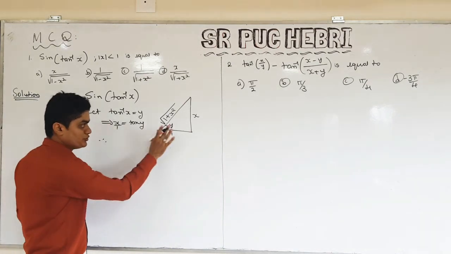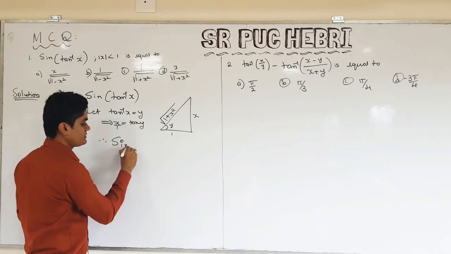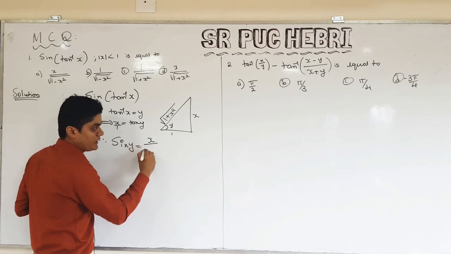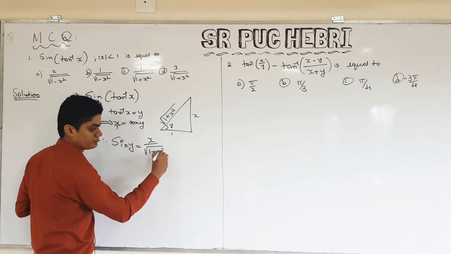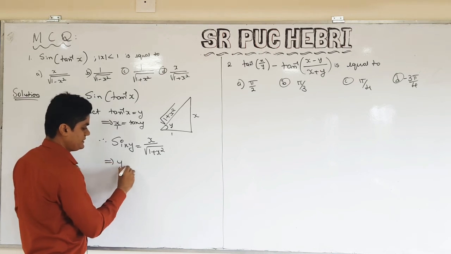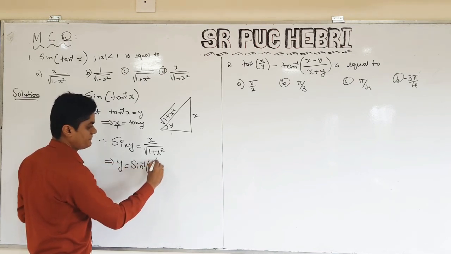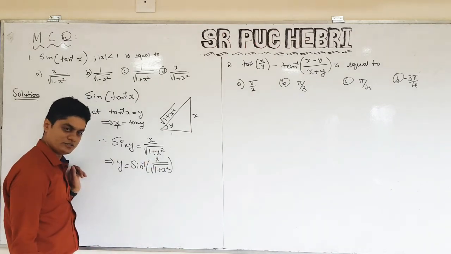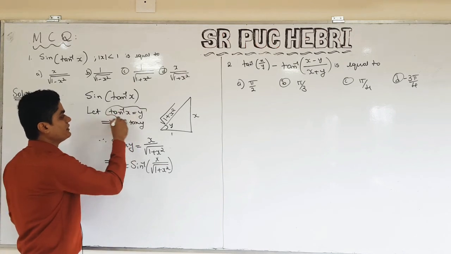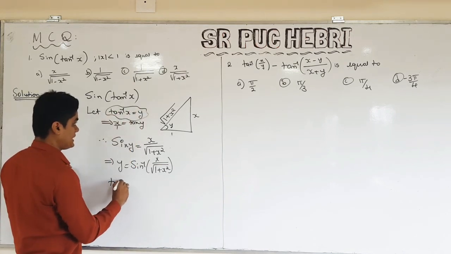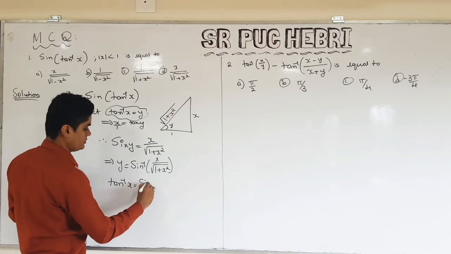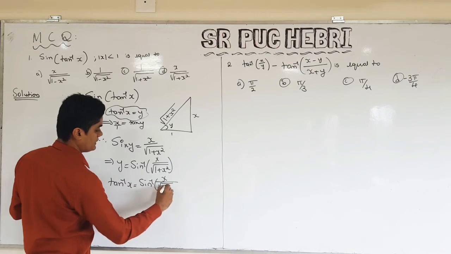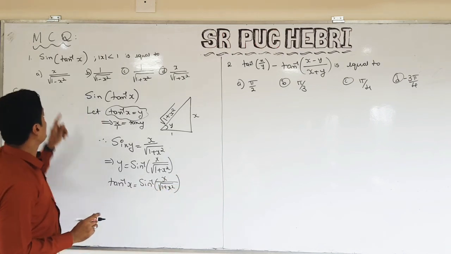Now what is the outside function? Sine. So using this right angle triangle, you should define sine y. What is the definition of sine theta? Opposite by hypotenuse. Now this implies, what is y? Sine inverse of x by root of 1 plus x square. Understood? Now what is y in the beginning? y in the beginning is tan inverse of x, which is equal to sin inverse of x by root of 1 plus x square.